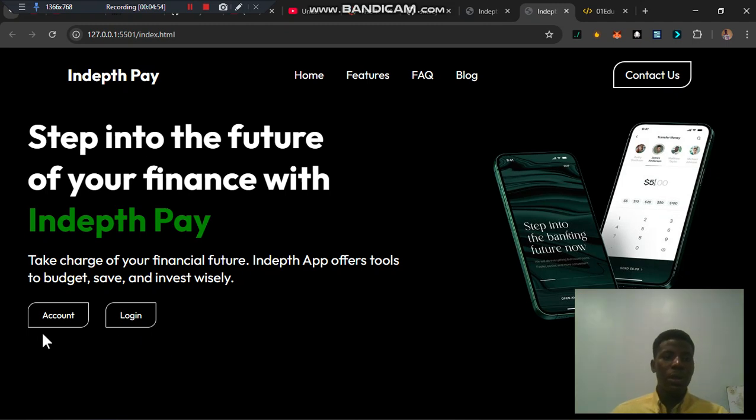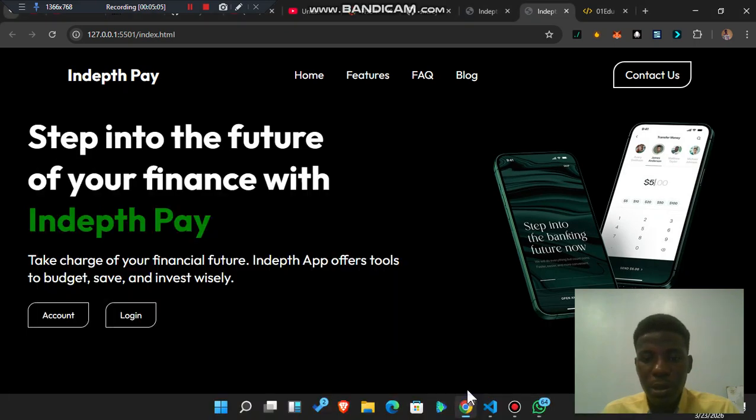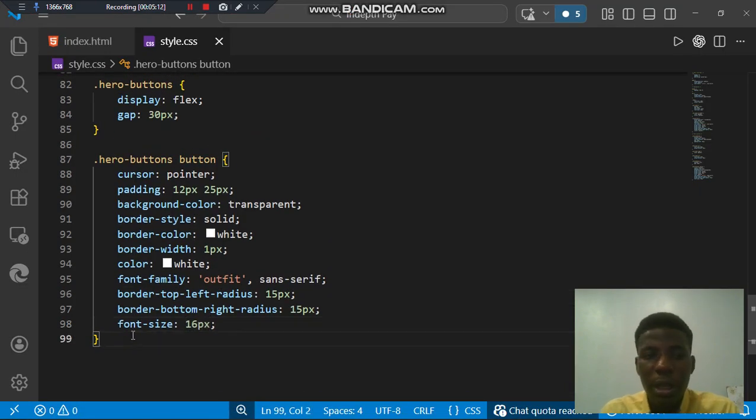Yeah, see. Next thing we want is anytime we put our mouse on it, we want the background color to change to green and the text color to stay white. Let's see how we can do that. Back to our VS Code. Here we are going to select the hover effect.